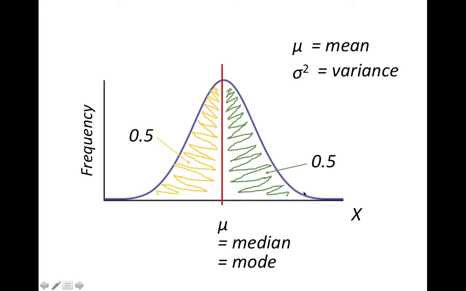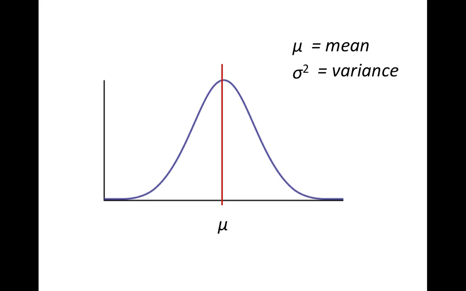How far out do the tails of the normal distribution go? Well, in the theoretical normal distributions, these tails never reach zero, but they go out to infinity. Another concept that you should be familiar with is the standard deviation, and that is simply the square root of the variance. In a theoretical normal distribution,